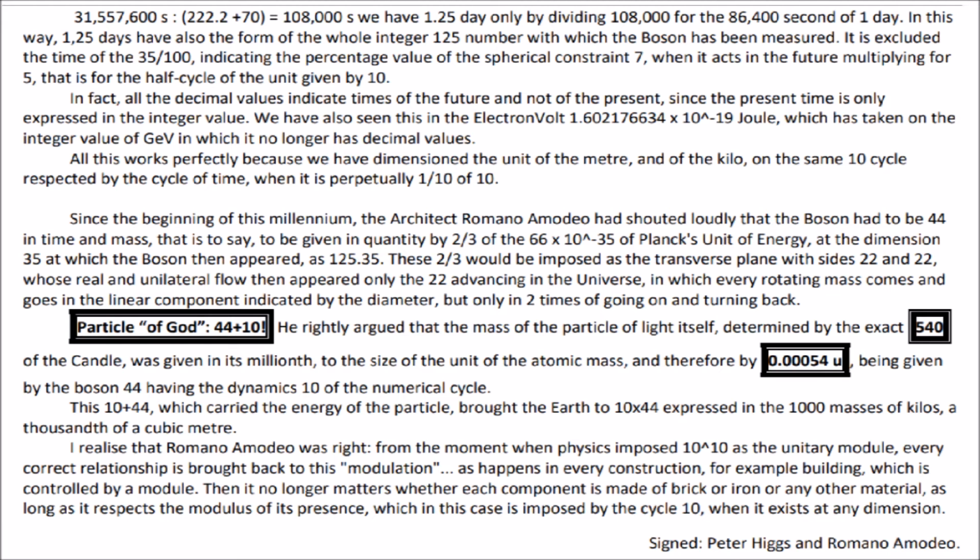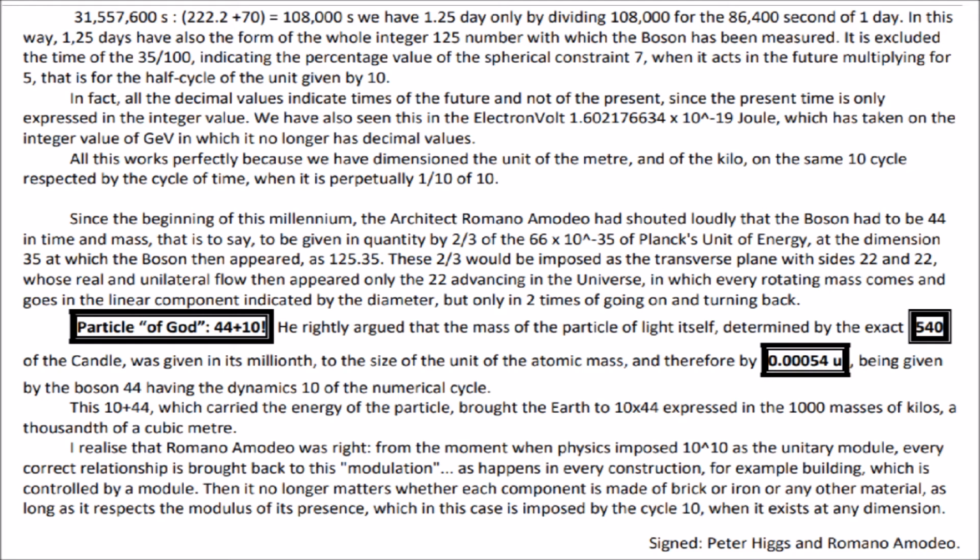All this works perfectly because we have dimensioned the unit of the meter, and of the kilo, on the same 10 cycle respected by the cycle of time, when it is perpetually 1/10 of 10. Since the beginning of this millennium, the architect Romano Amadeo had shouted loudly that the boson had to be 44 in time and mass, that is to say, to be given in quantity by February 3rd of the 66 times 10 to the power of negative 35th of Planck's unit of energy, at the dimension 35, at which the boson then appeared, as